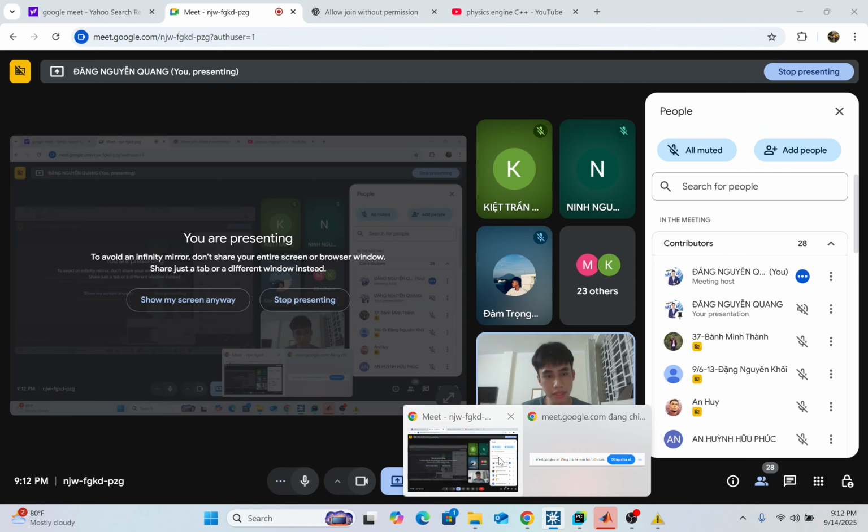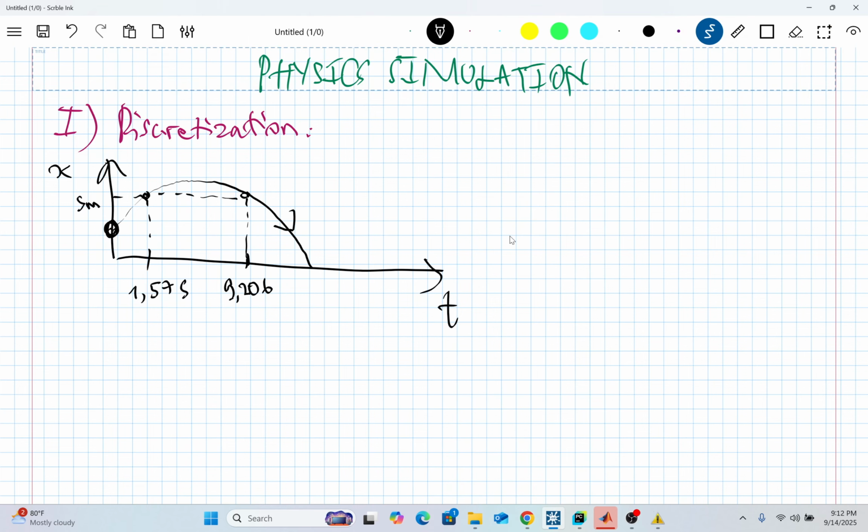But if I want to simulate this on the computer, I cannot have an infinite set of time, because computers work with data, and an infinite number of times will result in an infinite amount of data, and it can be like 1000 gigabytes, 1 billion gigabytes. No supercomputer can handle that much. So first we will have to do time discretization.